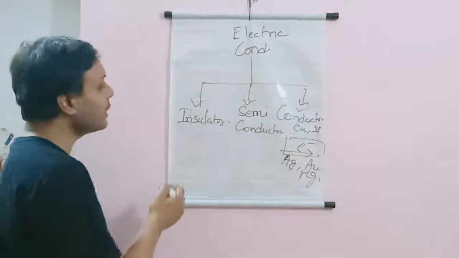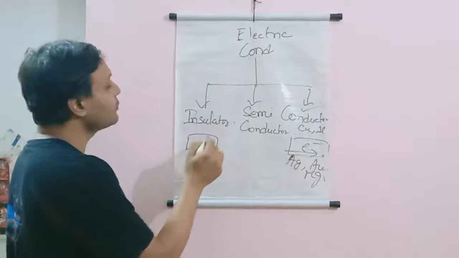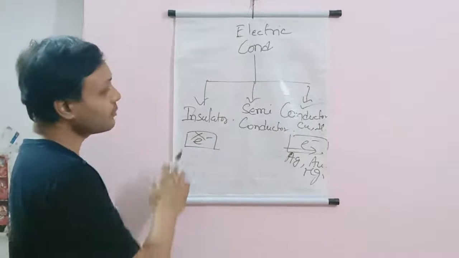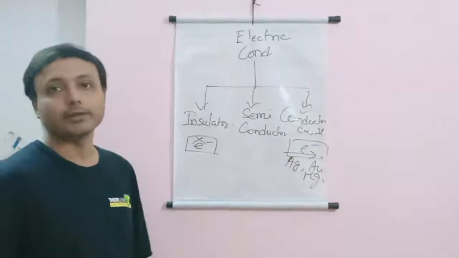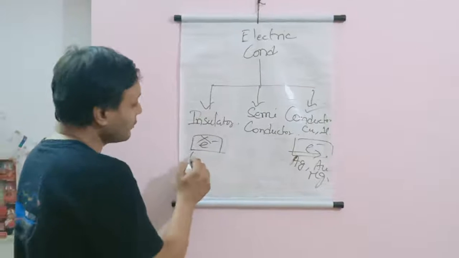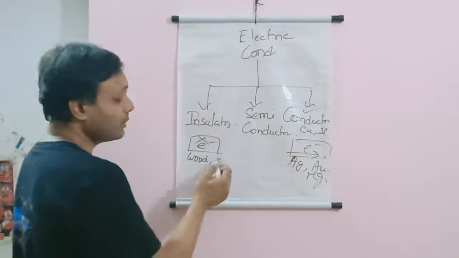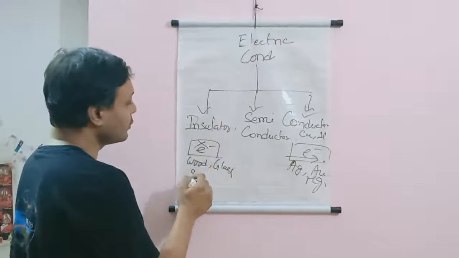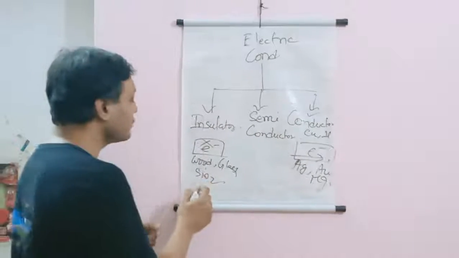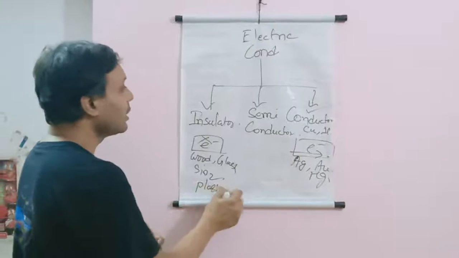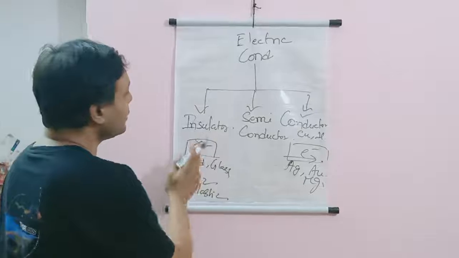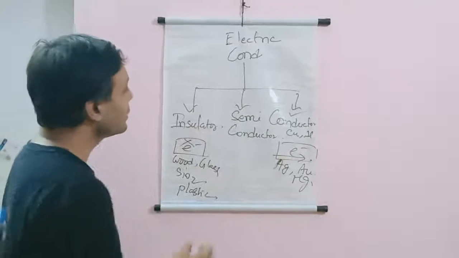Now, completely opposite to a conductor is an insulator. What is an insulator? It does not allow the flow of electrons through its body. An insulator is primarily used to shield a conductor, so that people do not get shock. Insulators include wood, all the glasses like SiO2 and other forms of glass, and also the plastics used as a coating material of electrical wires. Now in between the conductor and insulator there is the semiconductor.